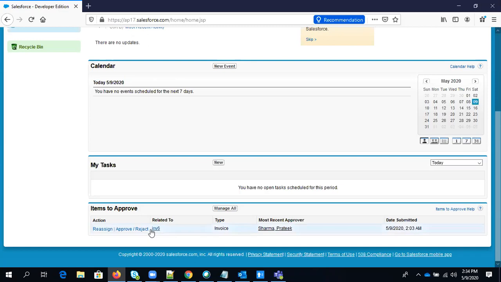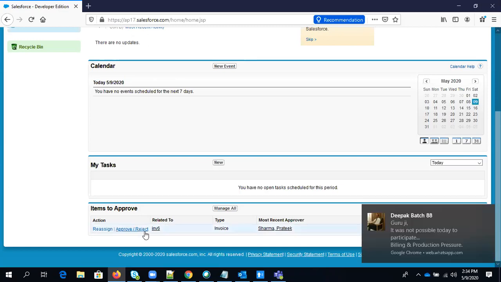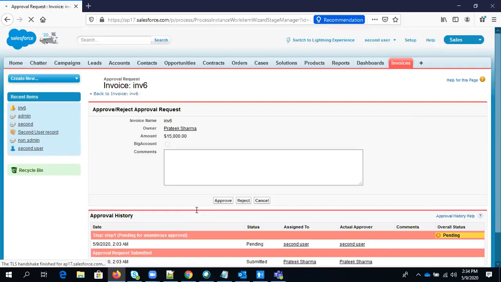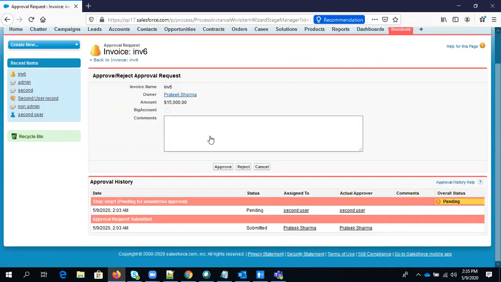So Invoice 6, now you have the option to either approve it, reassign it, or reject it. You can do it based on your need. So I'm just clicking on this, and it will take you to the page. We have selected these 4 fields to be visible on the invoice request page layout. So these 4 fields are visible now.